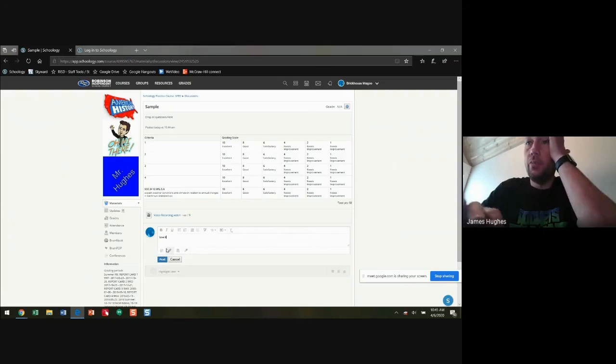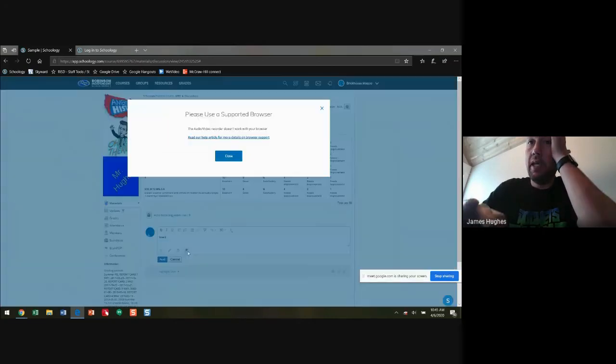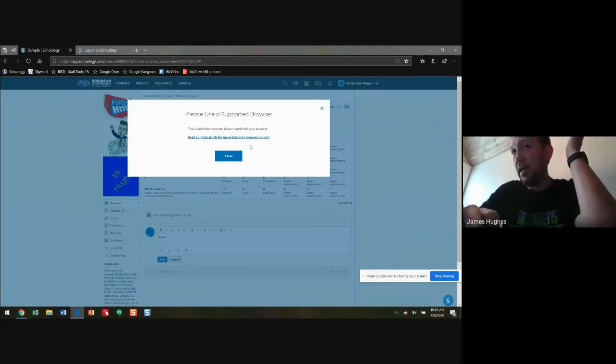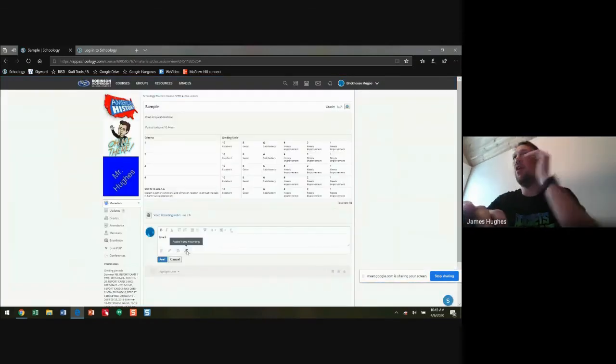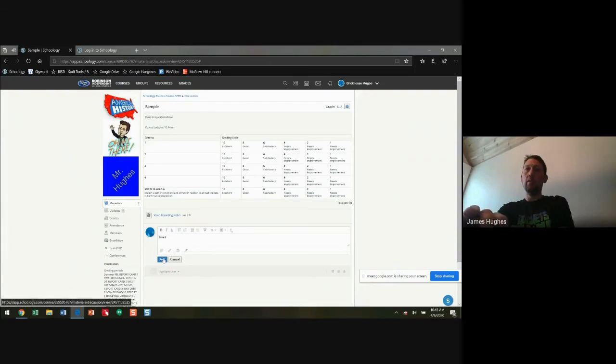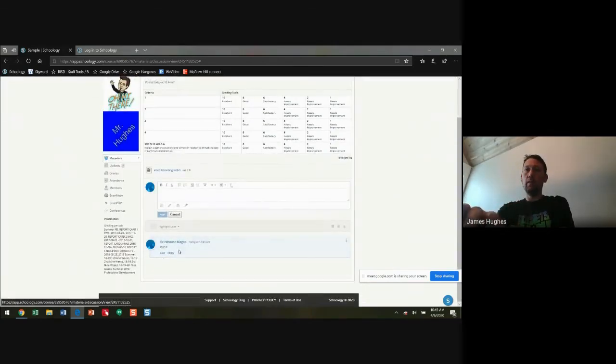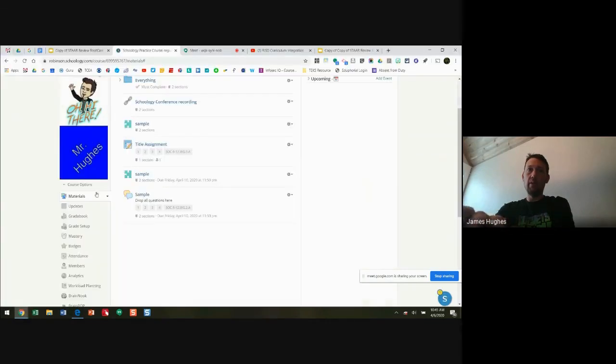Now, in the discussion board, the options they have, they can link. Because I'm in Edge right now, it doesn't support recording. If I was in Chrome, it would support it. But they can go in and record themselves the same way, audio or video. So they can post a recording in here. When they're done, they'll hit post. And if I come back over here into my Chrome,